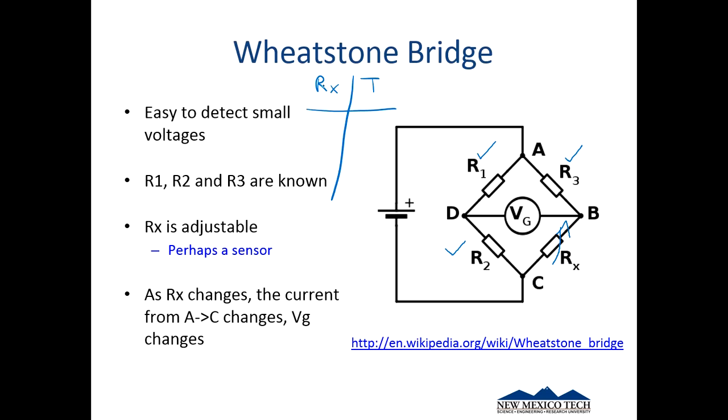And actually Rx is going to change, but what we're going to measure is actually Vg. So maybe Vg, we detect 1 millivolt, and that's at 20 degrees in common units. Maybe 2 is 20.5 degrees C, and so on. And so basically what we end up doing is building this little calibration table so that we can